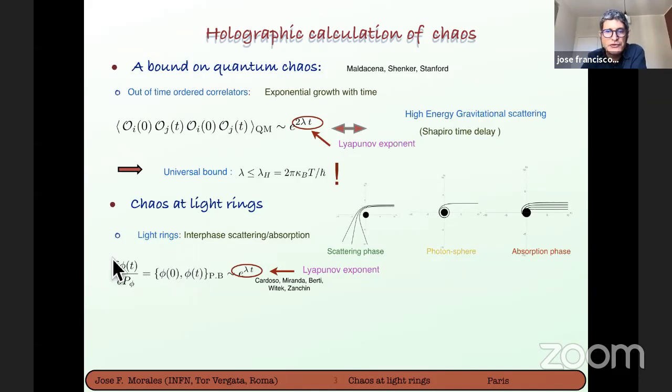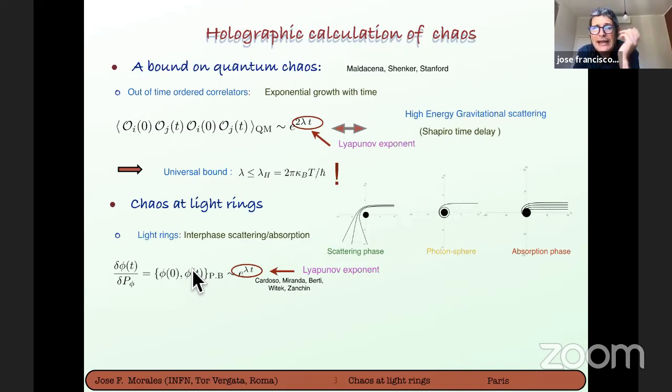Let me first answer the question of Charles. You see, what we are computing is this lambda, the deviation of geodesics near the photosphere. This lambda is roughly the Poisson bracket of phi. This is the classical analog of the bound on this correlator. If you go to quantum theory, this Poisson bracket becomes a commutator, and if you take the square of that, this is exactly this. This will get a contribution from this amplitude. Therefore, what we are doing is a classical analog of this quantum bound on chaos.